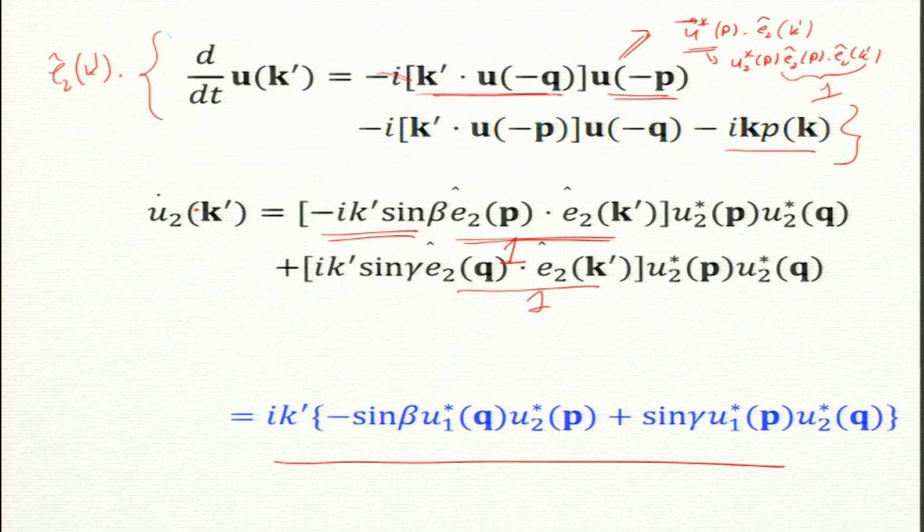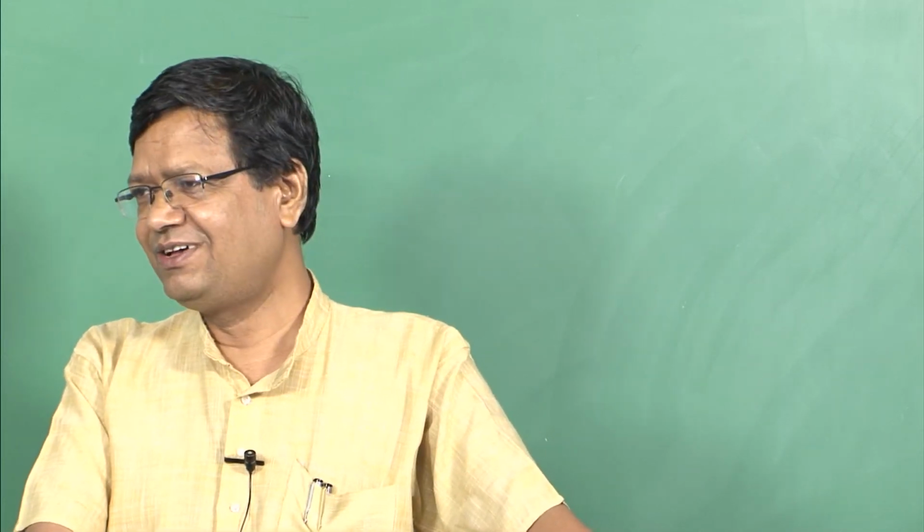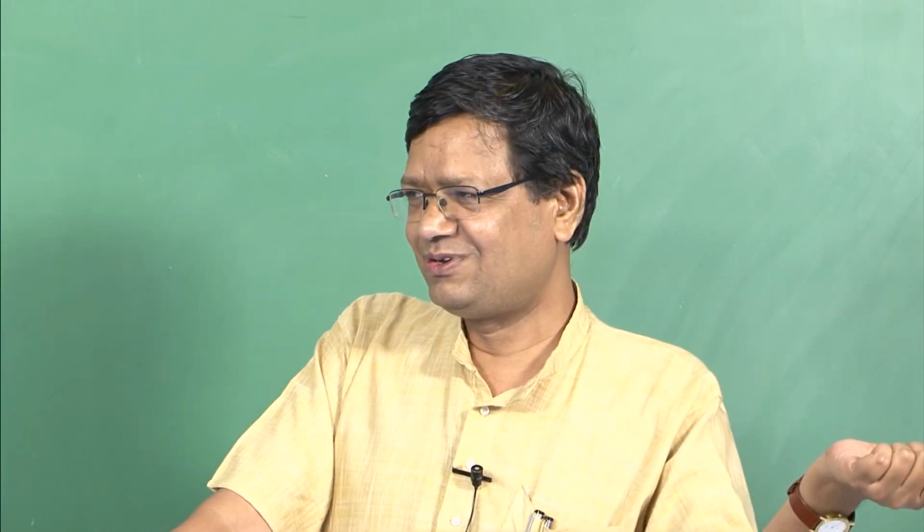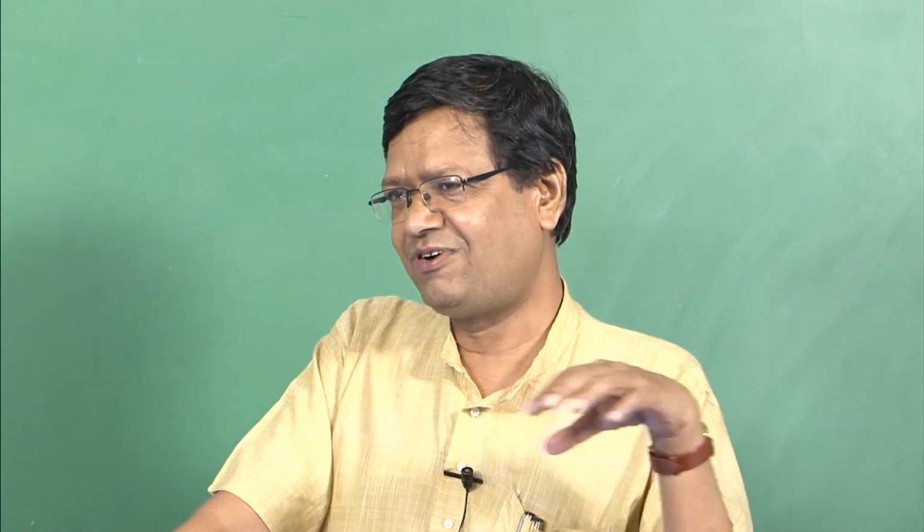Now of course you have done it only for one of them. So you do it for u2 of p and u of q. So there are 6 equations: u1 u2 for k prime, u1 u2 for p, and u1 u2 for q. Okay, now please reproduce one of them. Reproduce it for u1, and I have done the work, so you can look in the book for what it is for p and what it is for q.